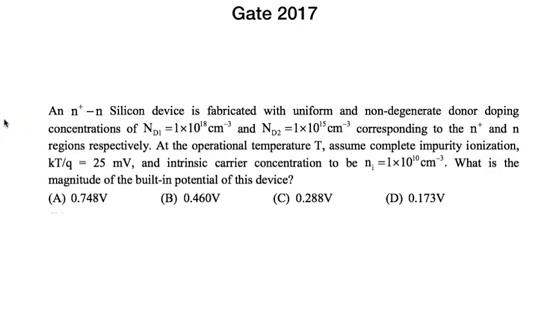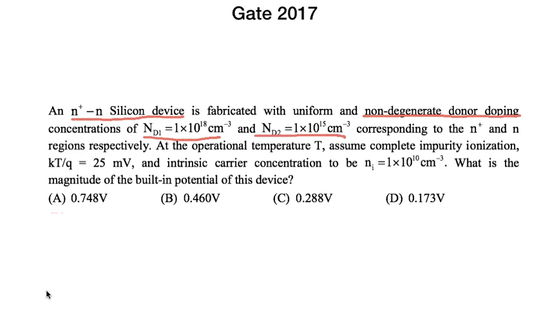Now look at our very interesting question. In this, you can see there is an N plus N silicon device fabricated with uniform and non-degenerate doping. We have talked that degenerate doping is an intrinsic type semiconductor, and non-degenerate means that it has an added impurity with Nd1 and Nd2,